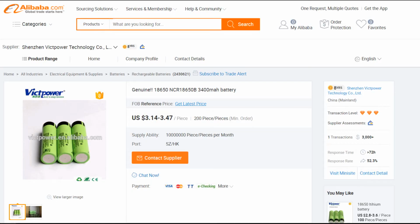And last but not least is something I can't show you. I ordered 340 18650 cells from Alibaba.com, and I sent them the money on January 26th, and this is after a week of back and forth with the sales lady. I'm not going to blame it on language, because her English was excellent, and I thank her for that. But it was so confusing, because when I placed my initial request, I gave a link on Alibaba to exactly